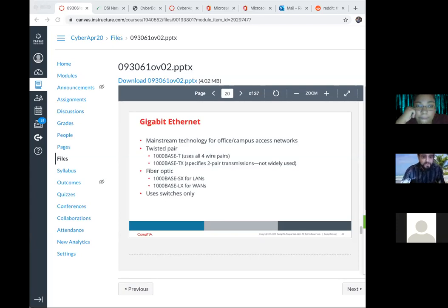It's usually going to be a fiber thing for the most part. A lot of times, to get it to work well, especially over distances, they'd be called 1000BASE-SX or 1000BASE-X for fiber optic, and then they have SX for LANs and LX for WANs. And then we have the twisted pairs, the 1000BASE-T and TX. So 1000BASE-T can only go like 328 feet. 1000BASE-TX, I'm not sure about that one. I know there's 1000BASE-LX, and that can go like 3 miles,